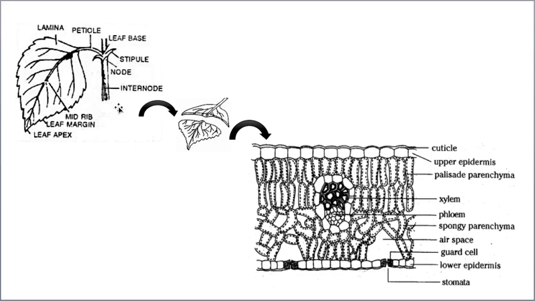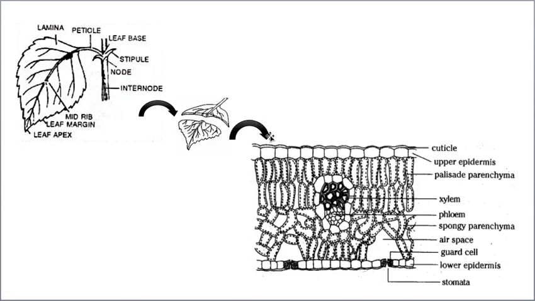And one more point I need to tell you: there arise small greenish appendages from the leaf base. They are called stipules. With this, I completed the morphology of the leaf, that means the external structure of the leaf. Now, such a leaf, you take it and take a cross section. See, you have a cross section, and a small portion of this cross section you observe under the microscope.